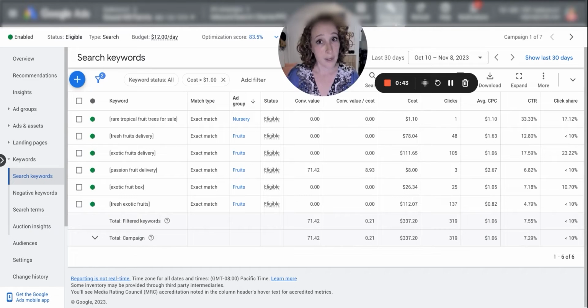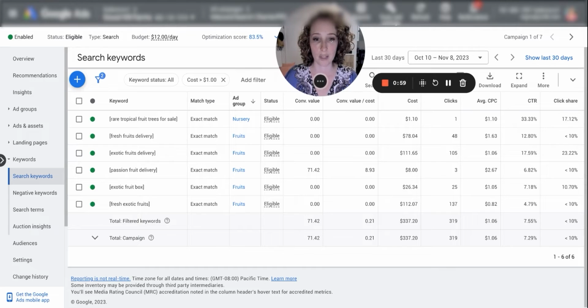Since they are an e-commerce company, most of the budget is spent on the shopping network in other campaigns, but the inbound search campaigns are usually the ones that require the most manual heavy lifting to get them to become optimized and working appropriately. So right now I just have the last 30 days pulled up, and I'm looking at